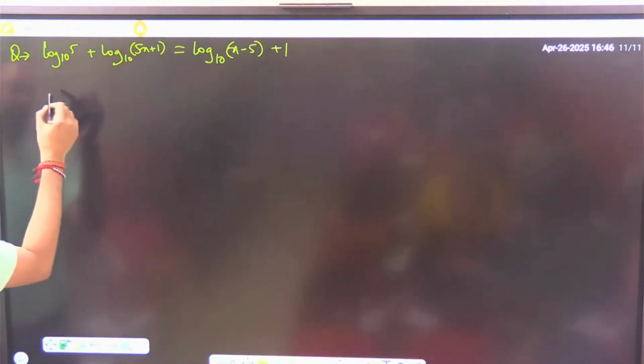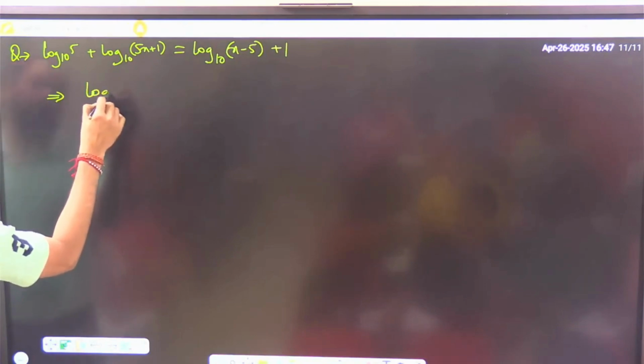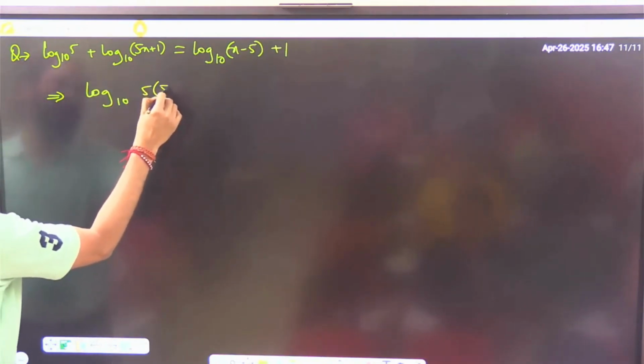Now simplifying, this would be log of 5 into 5x plus 1